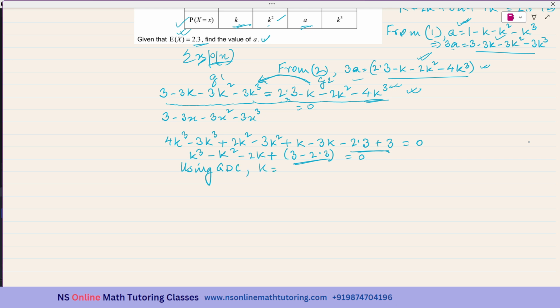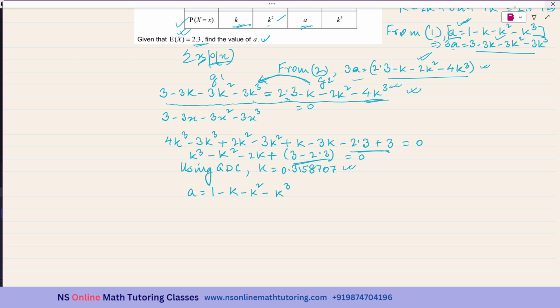So I'll be writing, using GDC, K is equal to 0.3158707. I'm keeping this. I do not have to give the value of k, so I'm not writing it up to 3 significant figures. I'm keeping it as 0.3158707. And now I will be getting the value of a, because I need that. For this, I am taking the help of this equation in order to get the value of a. So I'm writing that equation over here once more. A is equal to 1 minus k square minus k cube.